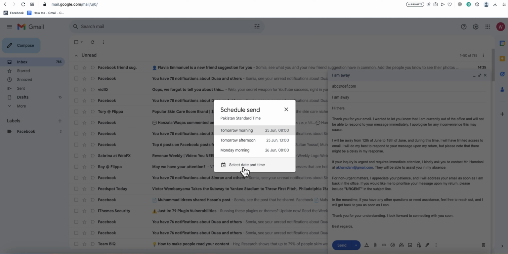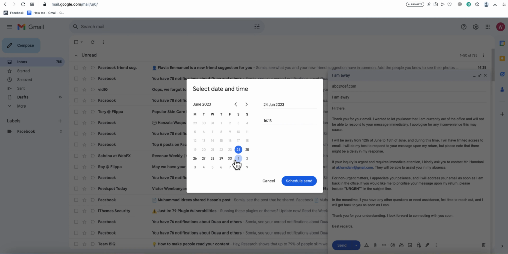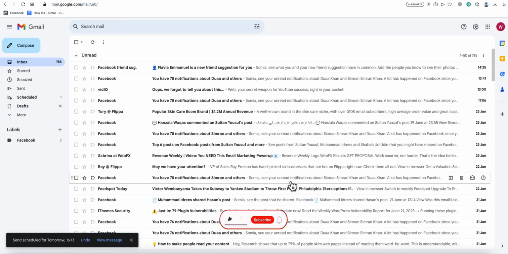You can choose from the preset options, or click on Pick Date and Time to select a specific date and time. Once you've set the date and time, click on the Schedule Send button, and Gmail will take care of the rest. Your email will be sent automatically at the designated time, even if you're not actively using your computer